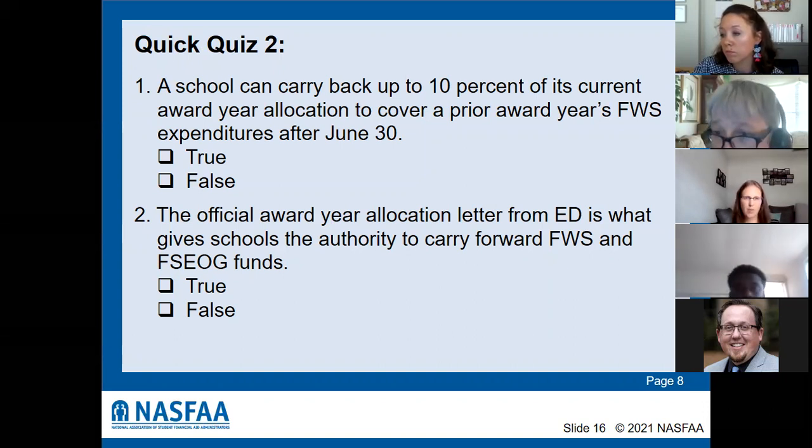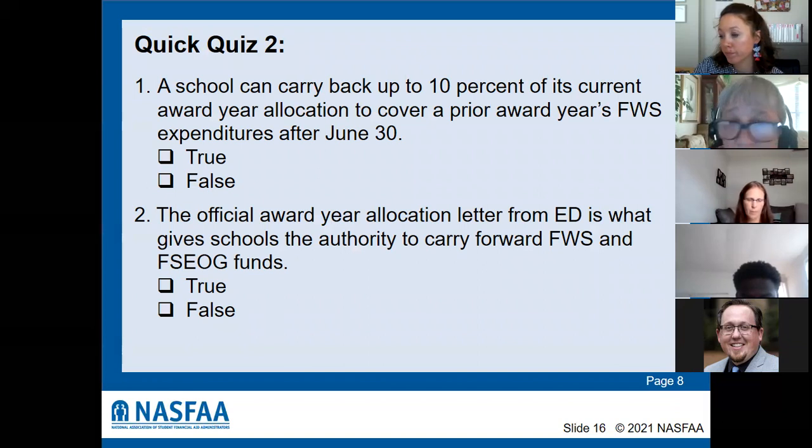So this is the carry back option. How much can you carry back? Can you carry back 10%? True. This is true. You can spend up to 10% of your current federal work study allocation for expenses incurred in the previous award